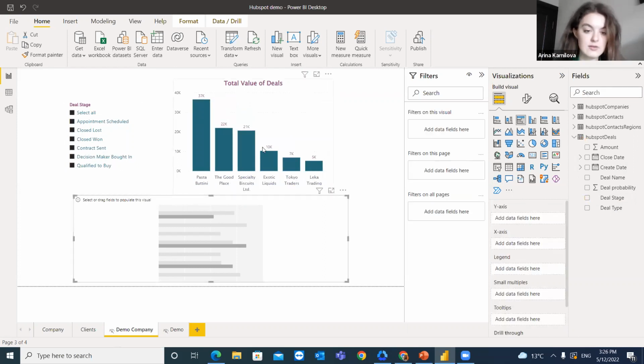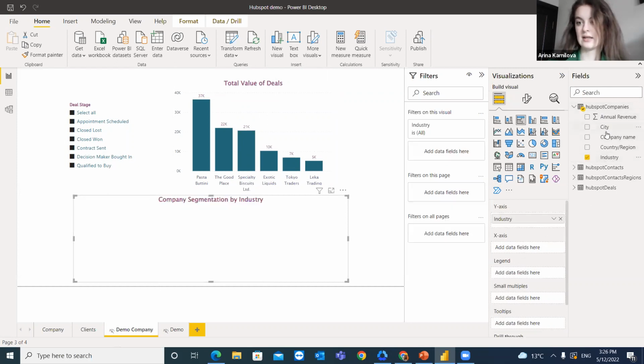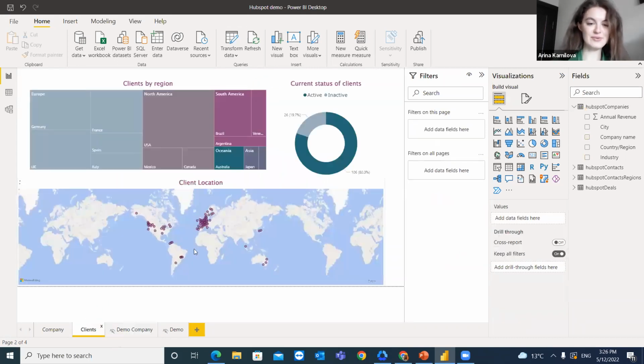The second insightful visual is going to be company segmentation by industry. So we basically go to HubSpot company and choose the industry as y-axis and then company name as x-axis, and we already have some prep work, so all of the visuals are designed in accordance with the company's guidelines. Also, we would like to present within our webinar some more